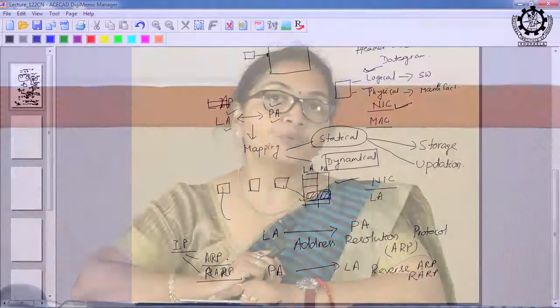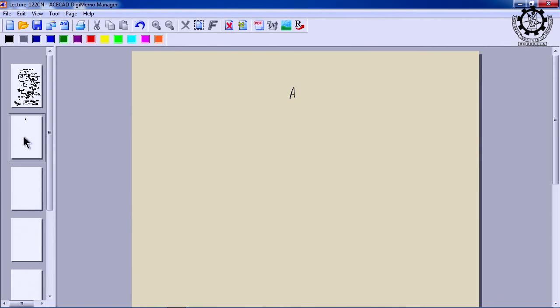These two protocols are designed to map dynamically the physical address and the logical address and give the host the corresponding required address by executing this protocol. So, we will study the ARP protocol first, the Address Resolution Protocol, and we will see the format of ARP,